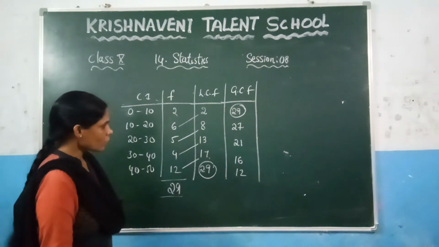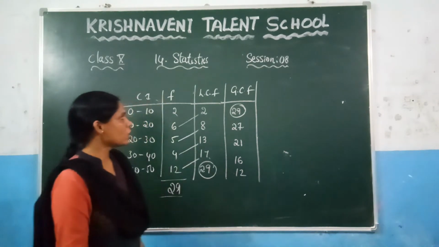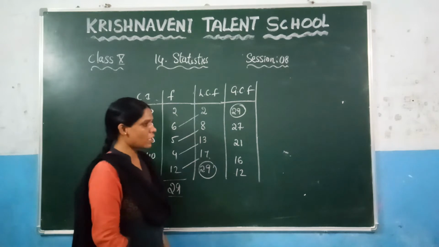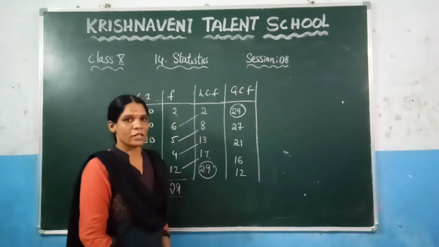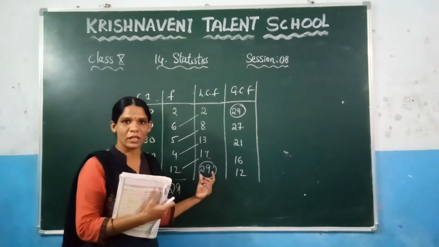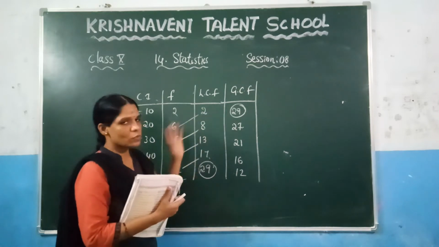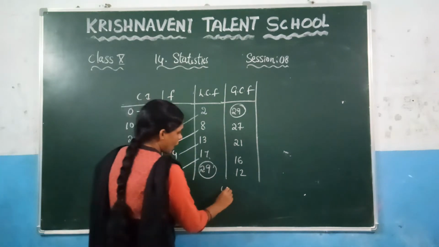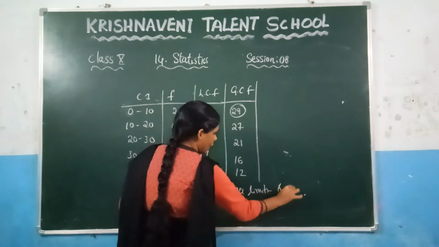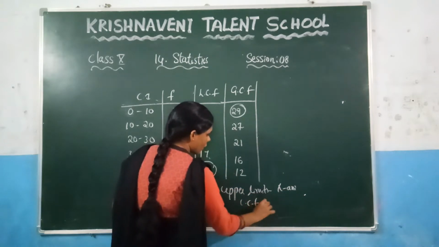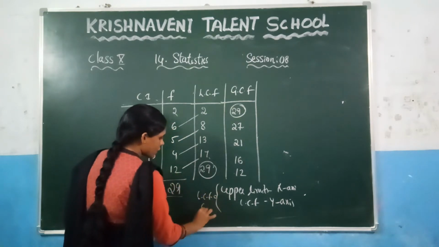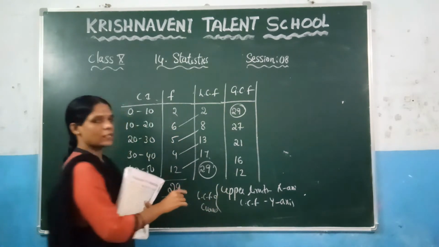So here you need to know now the less cumulative frequency curve and the greater cumulative frequency curve. If you have given a graph, how do you represent these curves on a graph? For that reason, you want to know what is the value of the x-axis and what is the value of the y-axis. To represent less cumulative frequency curve, you need to take upper limits on the x-axis and less cumulative frequency values on the y-axis. For what? For less cumulative frequency curve. For less cumulative frequency curve, you need to take like this.